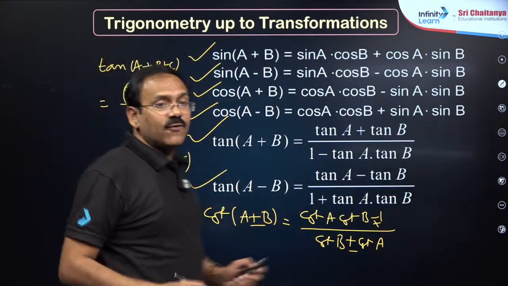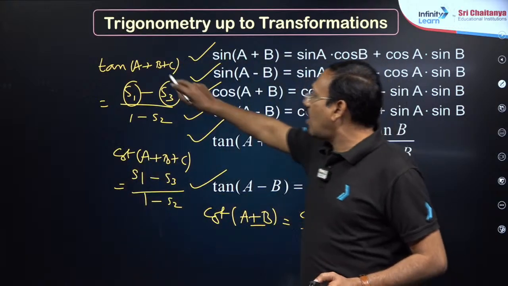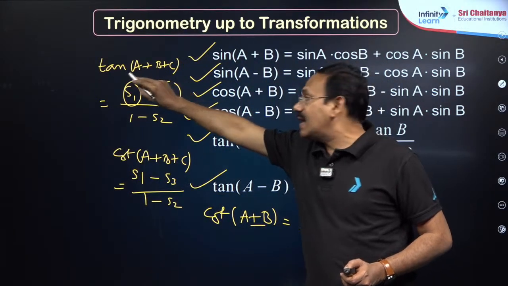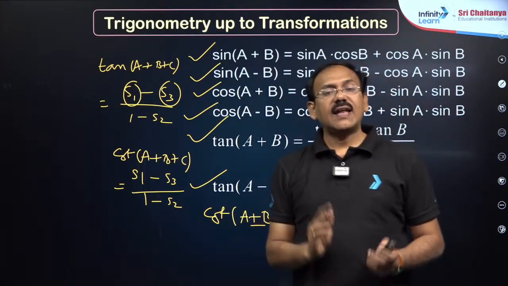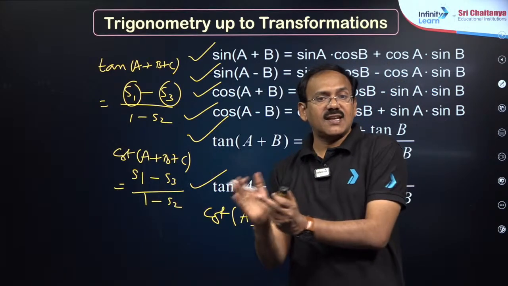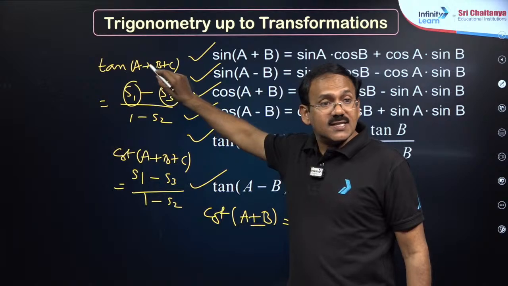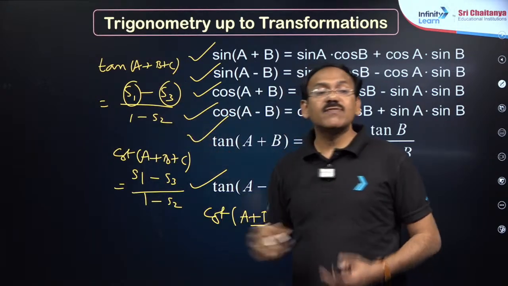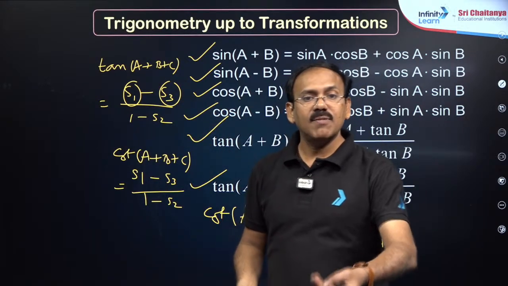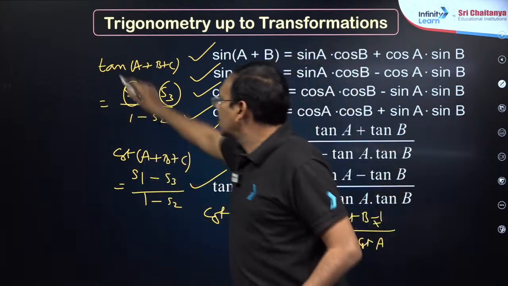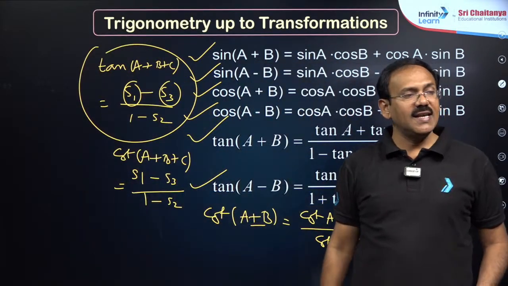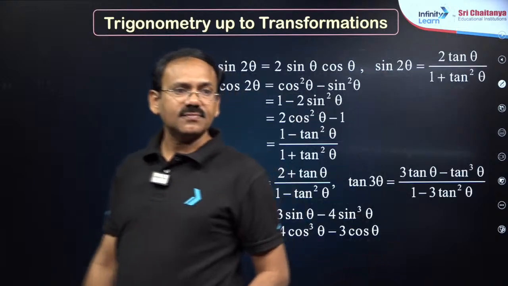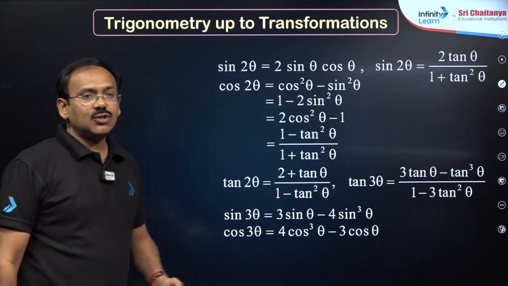That is, if A plus B plus C is an odd multiple of pi by 2, tan is not defined, the denominator is 0, so S2 is equal to 1, that is tan A tan B plus tan B tan C plus tan C tan A is 1. If A plus B plus C is n pi, tan is 0, S1 is equal to S3, that is tan A plus tan B plus tan C is equal to tan A tan B tan C. Got it, dear students? Similarly at cot also this is important. Clear everyone? Next, coming to